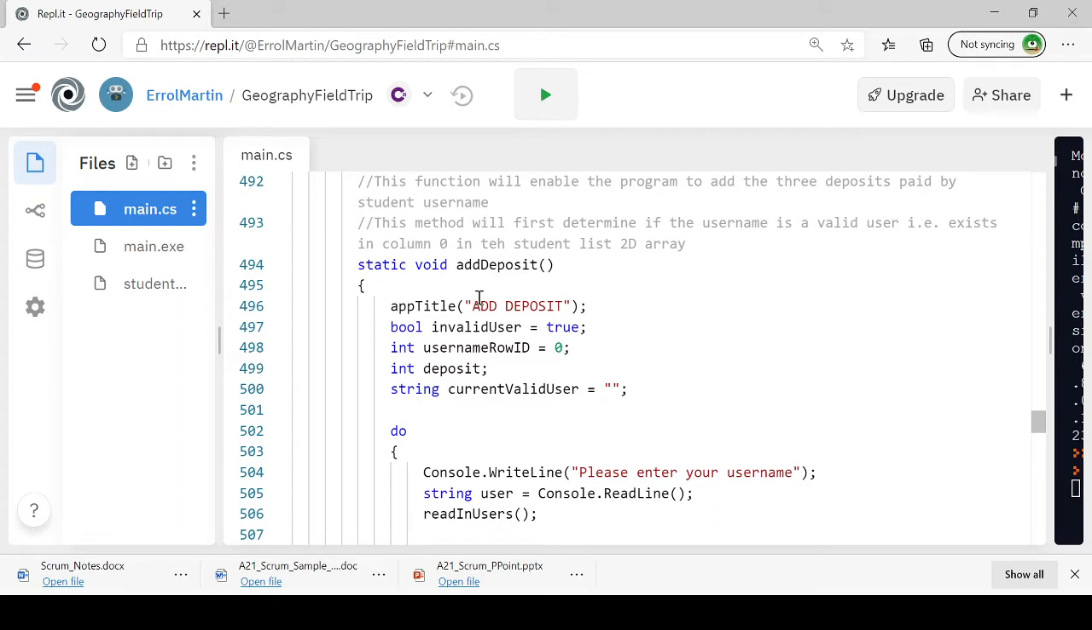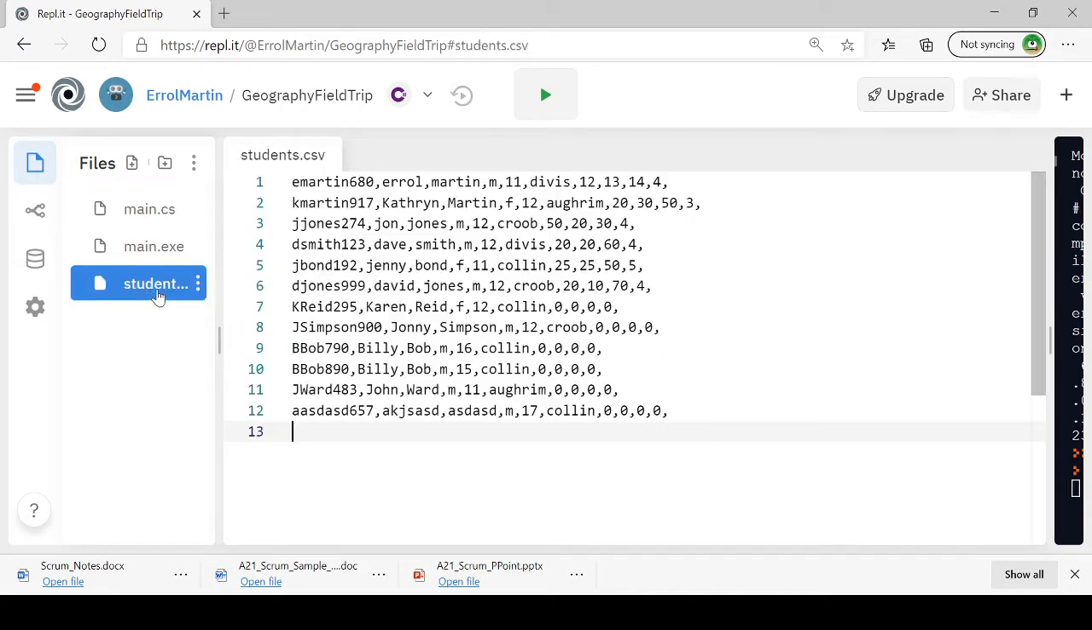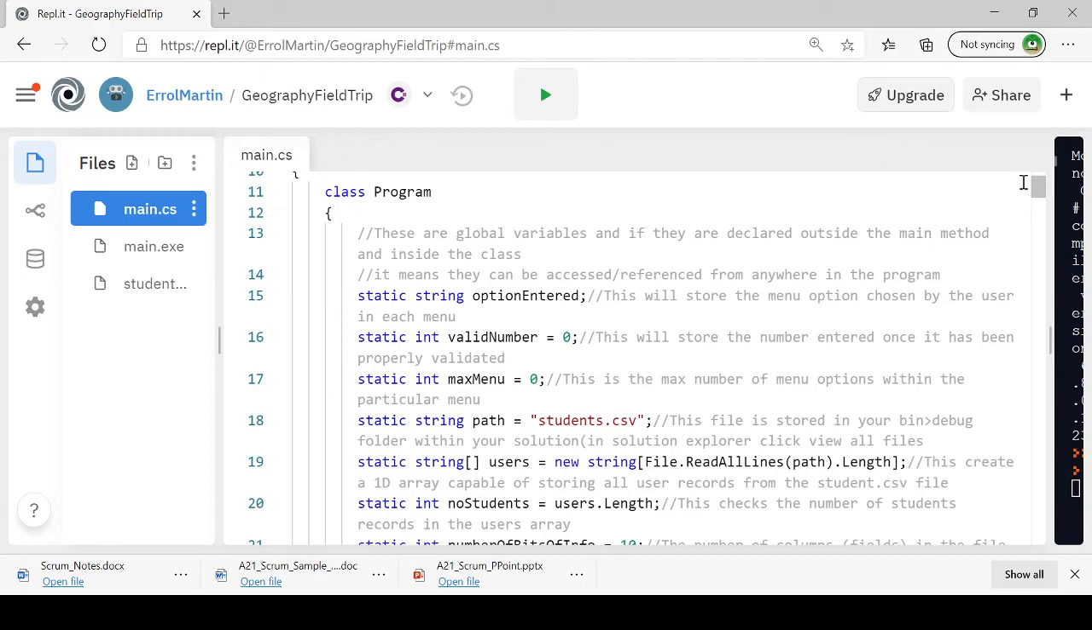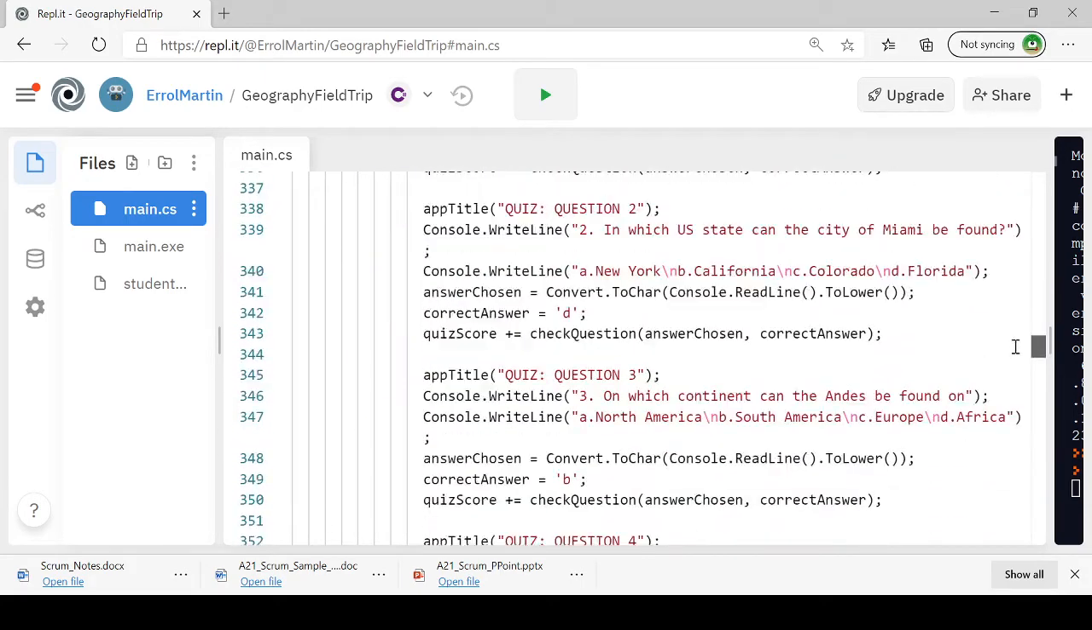Then I know which columns contain the deposit values, and if I just take a look here, we'll see it's column 0, 1, 2, 3, 4, 5, 6, 7, and 8. So it's column 6, 7, and 8 that contain the deposit values. So go back into my code and find